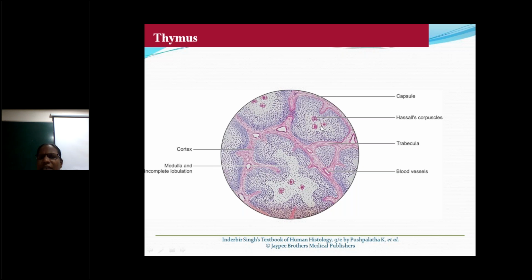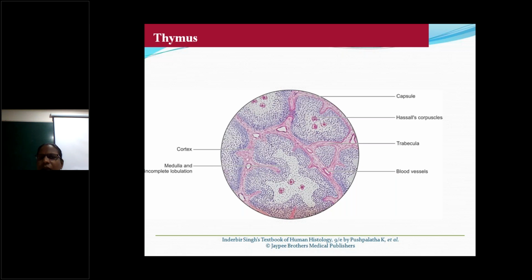Along with the T lymphocytes, the medulla of the thymus gland contains another structure, which we call Hassall's corpuscles. Pink sticker-like appearances are seen in the medulla. These pink stickers we call Hassall's corpuscles. What are Hassall's corpuscles? A pink shaded part is seen in the center: a hyaline mass of degenerated epithelial cells, surrounded by a few epithelial cells which are going to degenerate.